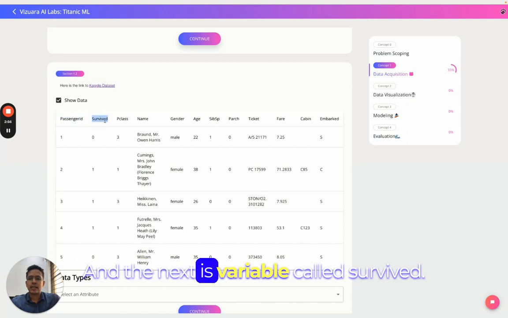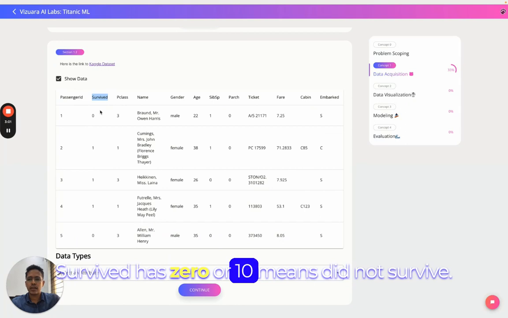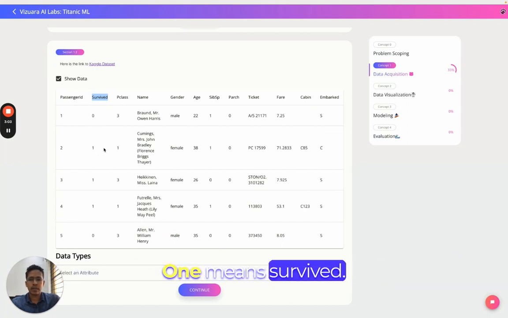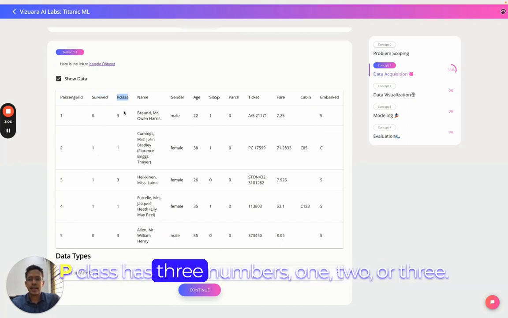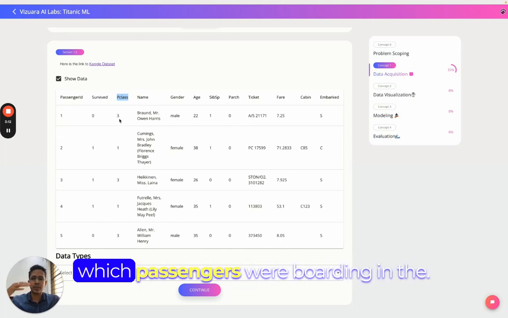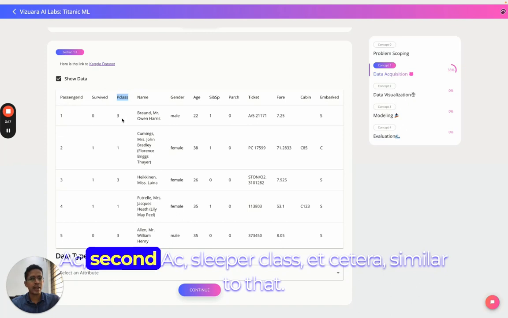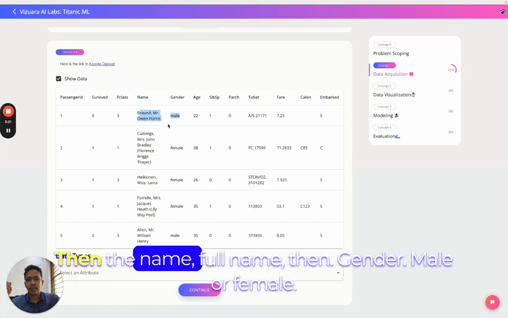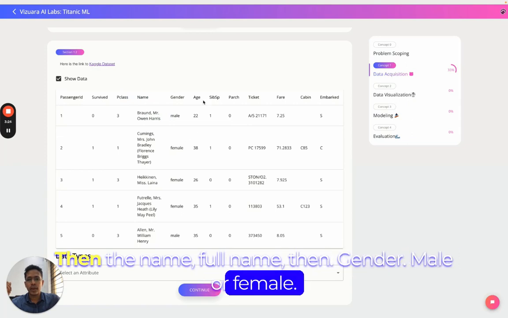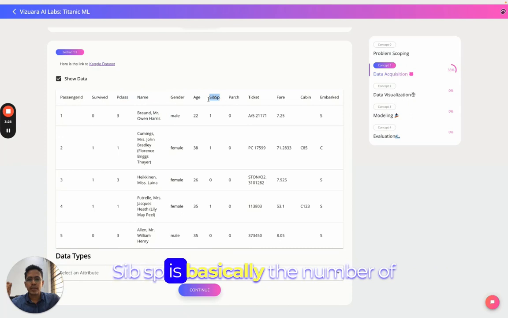And the next is a variable called survived. Survived has 0 or 1. 0 means did not survive, 1 means survived. P class has three numbers, 1, 2 or 3. It is the class of the passenger. There were 3 different classes in which passengers were boarding, similar to the classes in a train. There is a third AC, second AC, sleeper class, etc. Similar to that. Then the name, full name, then gender, male or female, age, SibSp, which is basically the